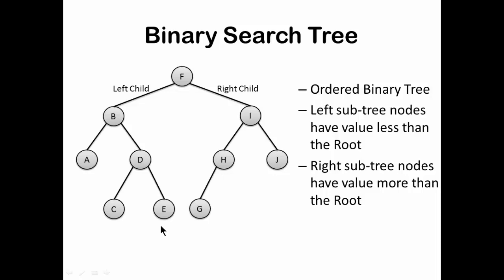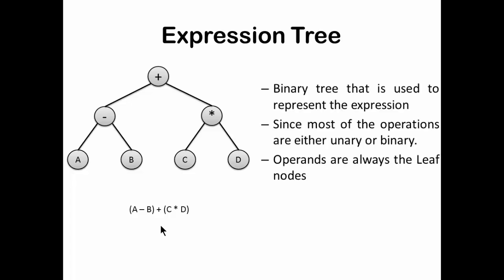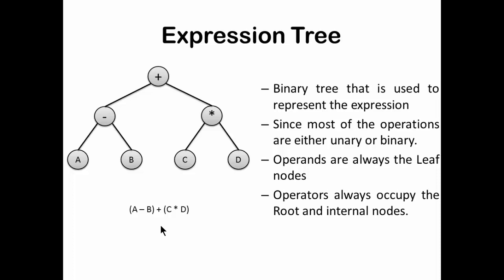So a binary search tree has a restriction that towards the left subtree we can have values which are smaller than the node, and towards the right subtree we can have values which are larger than the node. Another application of binary tree is the expression tree, because the operators we have are mostly binary operators, and when these are used in any equation, that expression can be represented in the form of a tree. Expression trees find a lot of utility in compilers. So binary trees are useful in implementing expression trees as well.